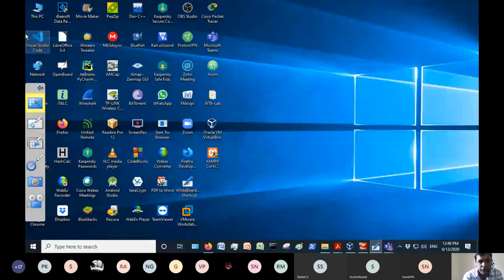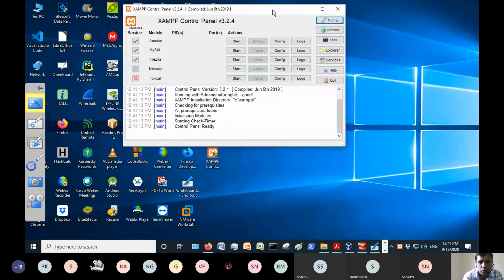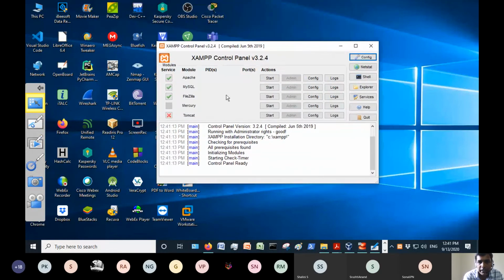Before you start your web programming, you need to start the Apache server. As I told you, if you have installed XAMPP, you will get a control panel. You click on that, and you will get a XAMPP control panel like this.